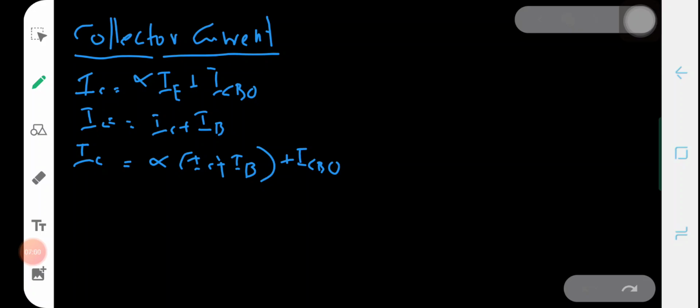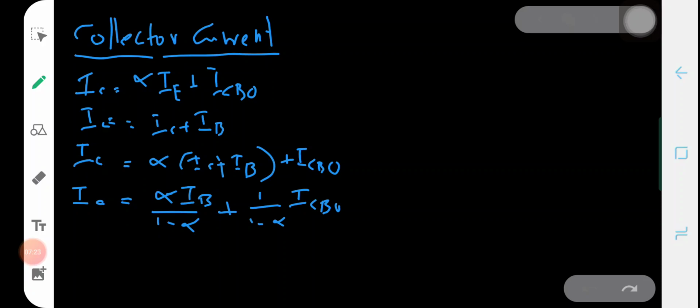Alpha IC can be taken to the LHS, so we will have 1 minus alpha. So IC is equal to alpha IB divided by 1 minus alpha plus 1 by 1 minus alpha into ICBO,